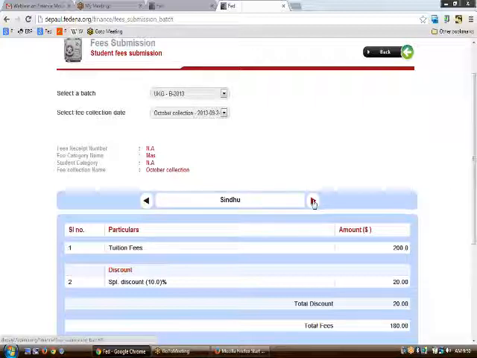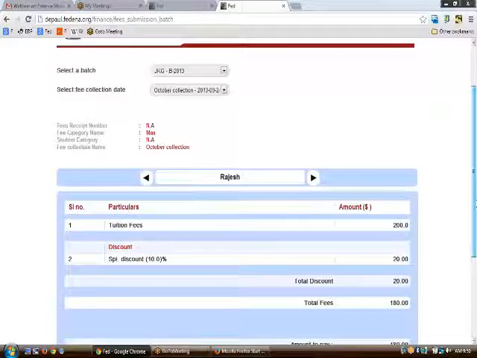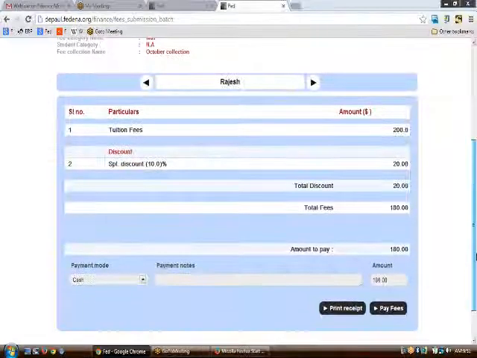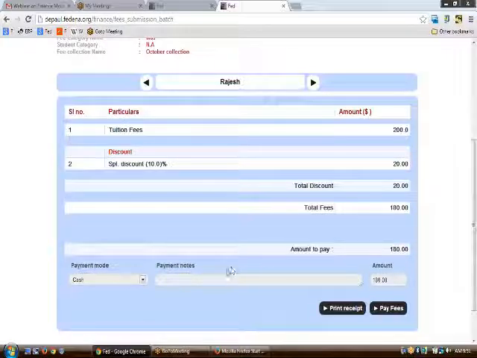So as you can see, these students are non-local, so they won't be getting the extra 50 bucks as particulars, but only the local students will be getting the 50 bucks as particulars. As per the other thing that we have created, the discount of 10% against the total. So this would be due against each of the students.